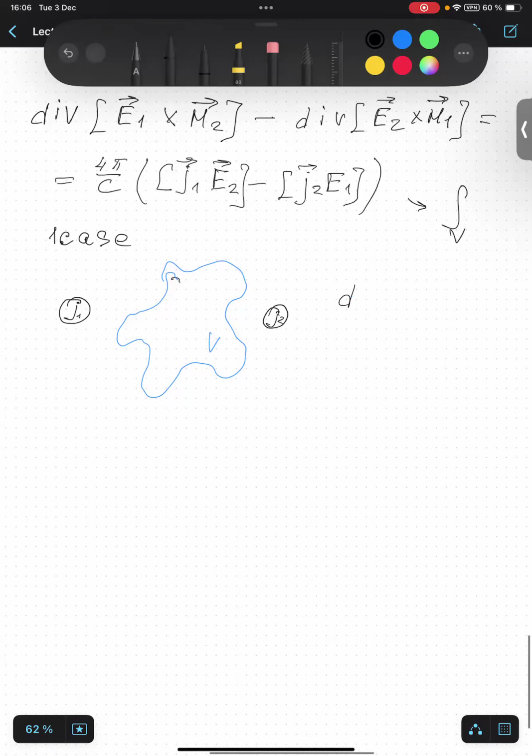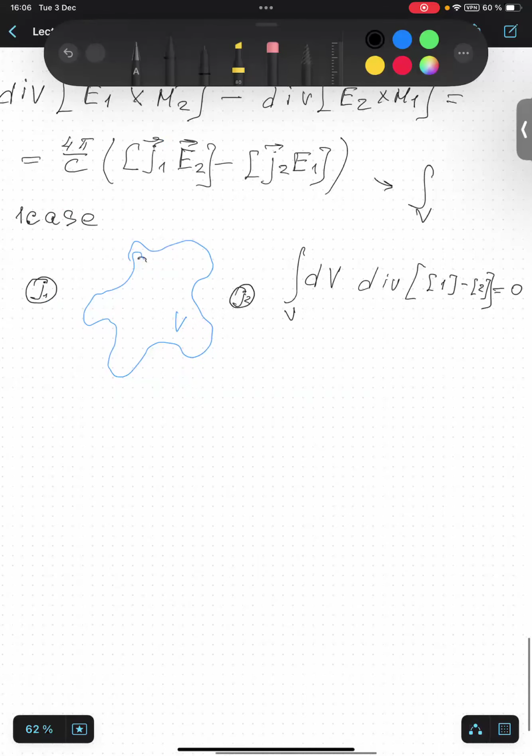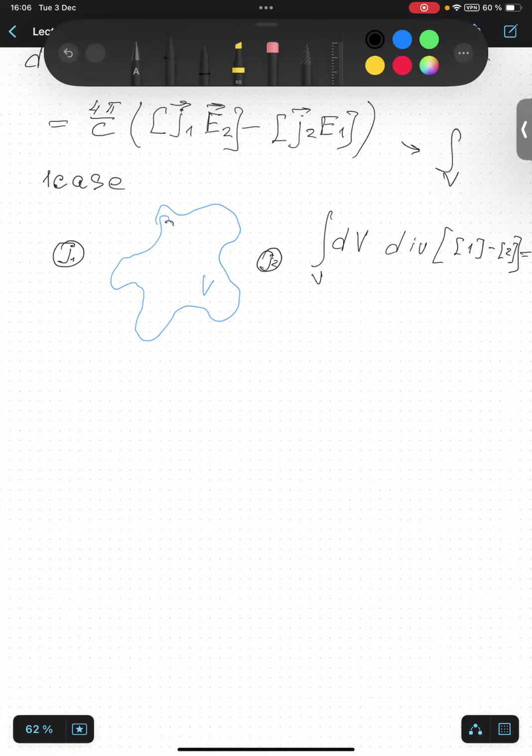So what we're left with is the integral over the volume dV, and it is equal to 0. As a consequence, this leads to